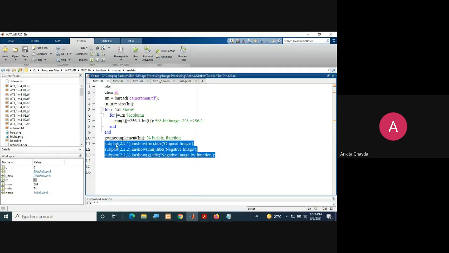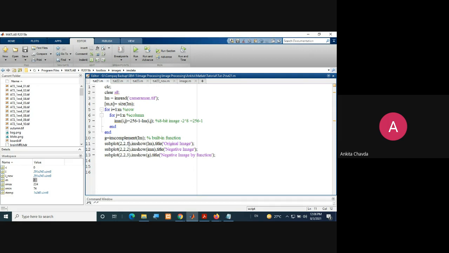Now here you will find another function, which is subplot. What will subplot do? Subplot will simply plot whatever you write, if it is an image, into one of the boxes. How many boxes you want, you specify here. If it is 2,2, it will create a 2 cross 2 grid, so 2 rows and 2 columns. You can imagine 4 boxes will be there. In the same way, if you write 1,3, it means a single row but 3 columns.